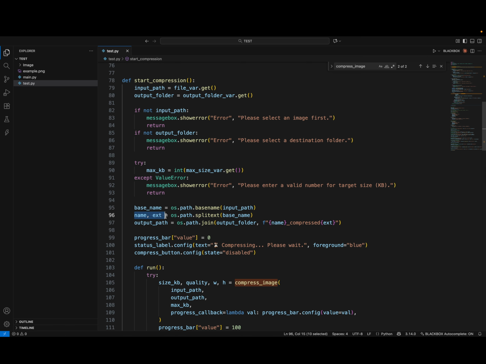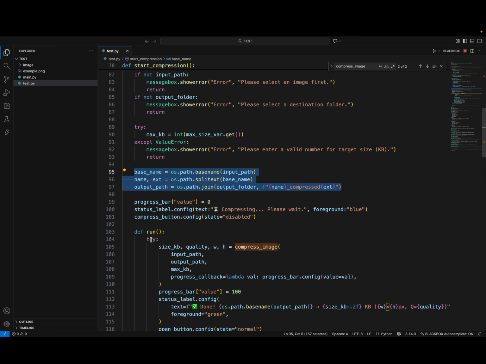So once we have the name and exit path, we are also setting the output path, with the same name plus "_compressed" and the extension. That's the reason we are using this method to separate the values. Once we get that, the progress value is 0, so we start the progress value, and we are disabling